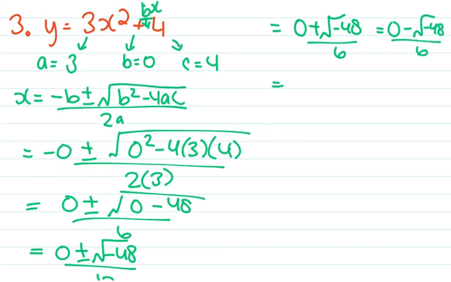Okay, now if you grab your calculator and you type in the square root of negative 48, your calculator will say something like error or math error or undefined. And that's because you can't take the square root of a negative number. Because what number multiplies by itself to produce a negative number? It doesn't. You'd have to have one positive and one negative. So it's not possible. So when this happens, that means there's no zeros